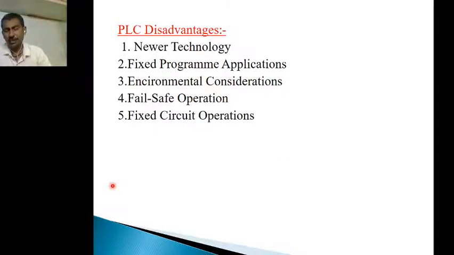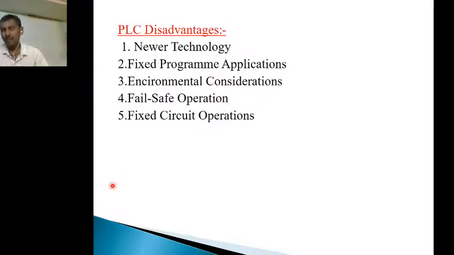And next, fail safe operation. Suppose a program is running in the industry and the power goes off, and then the power comes on again. What happens? The program may not run from that particular position onwards. That will disturb the safe operation of our industrial application.